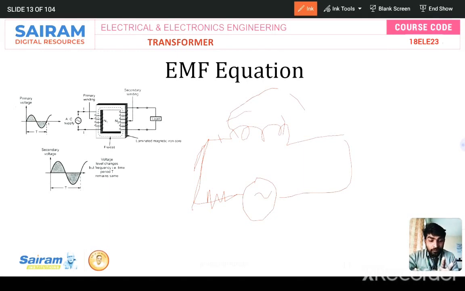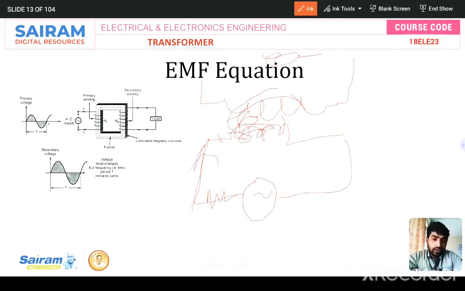Okay, there are two types of induced EMF: statically induced EMF and dynamically induced EMF, that is different. Here it is self-induced EMF and mutually induced EMF, right? That is, self-inductance or mutual inductance. You place another winding or number of turns near to each other. What happens? This flux links with the secondary side and induces EMF in the secondary side because of mutual flux linkage from primary to secondary, right? The supply we are giving produces flux over here and induces EMF in the secondary side due to mutual flux linkage.